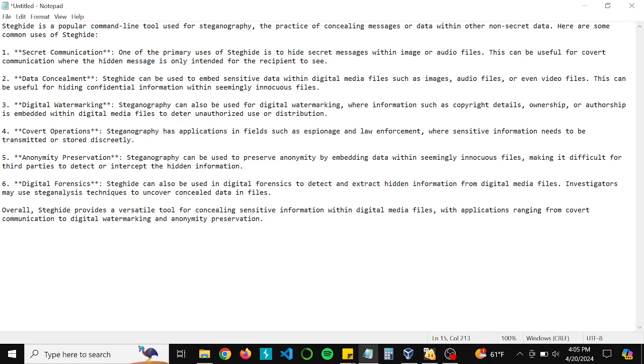Hey guys, in today's video, I'm going to show you how to secretly hide data inside of a photo. Now, the act of doing this is actually called steganography, and that is a practice of concealing messages or data within other non-secret data. So reasons why you'd want to do this: secret communication, data concealment, covert operations, anonymity, privacy,